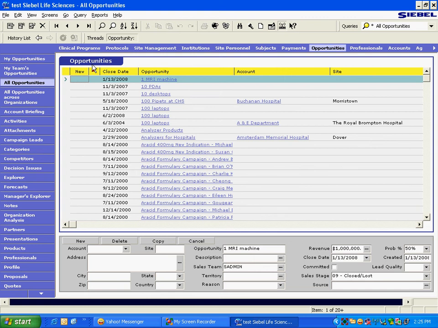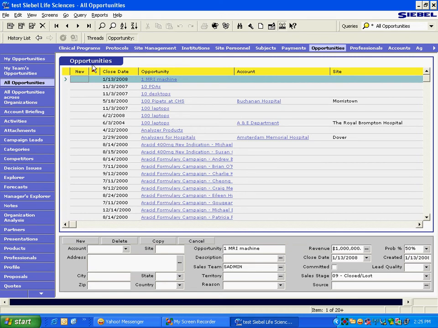Okay, we're going to talk about a certain requirement. The user says that, we discussed this requirement yesterday in another video, but the user says that when the rep is entering an opportunity, he should be able to see the list of all the contacts which are associated to the account. He should be able to see only those contacts which are associated to the account, and he can associate one of those contacts to the opportunity.